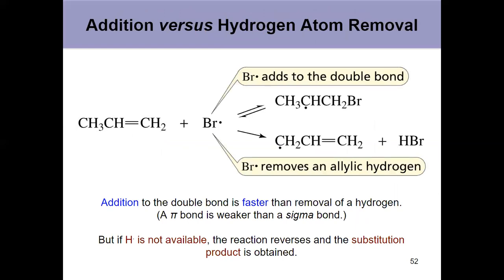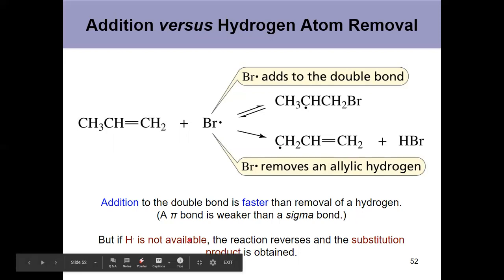Yep. And at the end of the day, be on the lookout for bromine. It can do both addition reactions and substitution reactions. Okay? We can have bromine add to the double bond, as we see on the top. We can also have the bromine radical pull off an allylic hydrogen. Okay? So the concentrations are important,